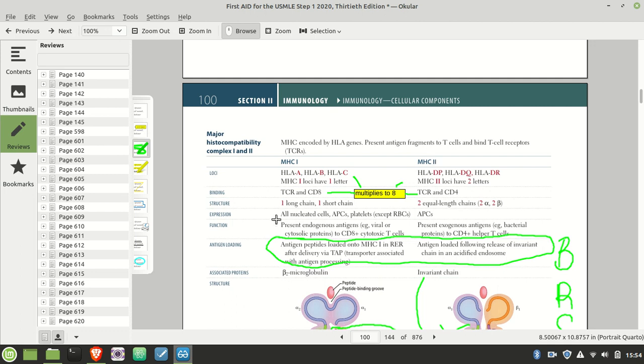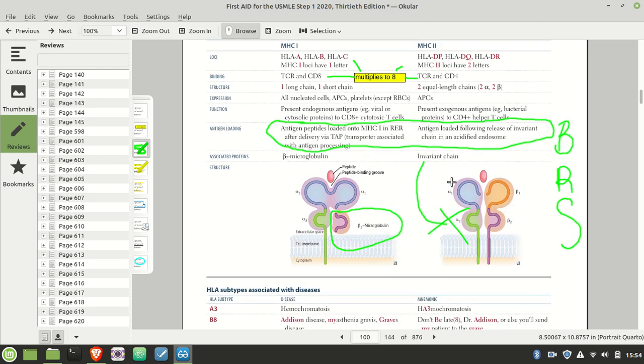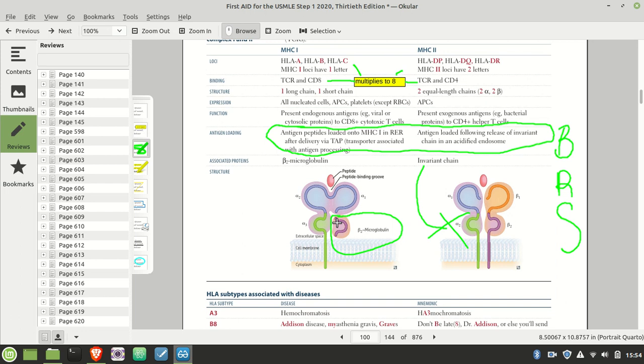Now, you can look down here and see just how there's one long chain, one short chain. You can think of the beta 2 as the short chain, and then 2 normal length chains. However, don't think that this is the invariant chain that everyone talks about. This is not the invariant chain. Now, this is associated with the beta 2 microglobulin, of course, and we'll go and look at the big